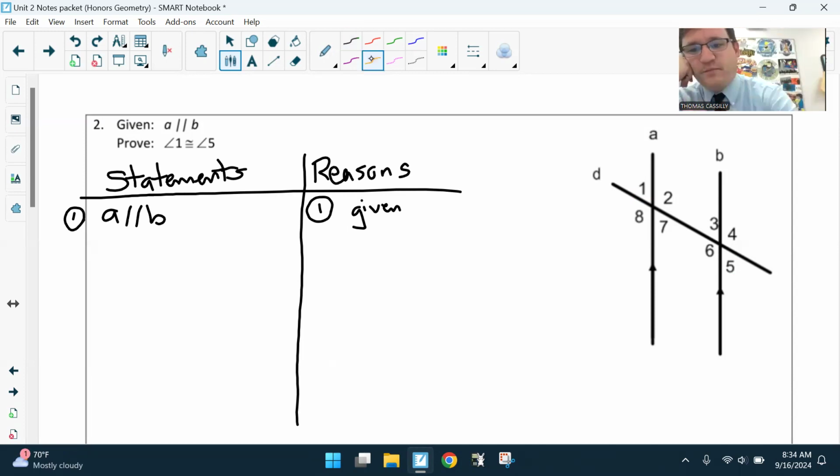And what they're telling us in this picture is that line A and line B are parallel. Our goal here is to show angle 1 is congruent to angle 5. Now, angle 1 and angle 5 are alternate exterior angles. If you were paying attention in the last section, we said that those are congruent. That was just a theorem that we had. I'm going to try to prove that angle 1 and angle 5 are congruent without using that theorem, trying to do other means,